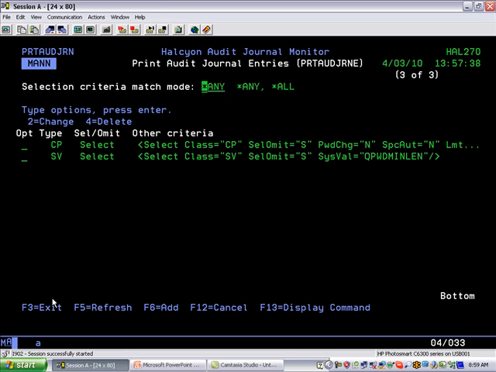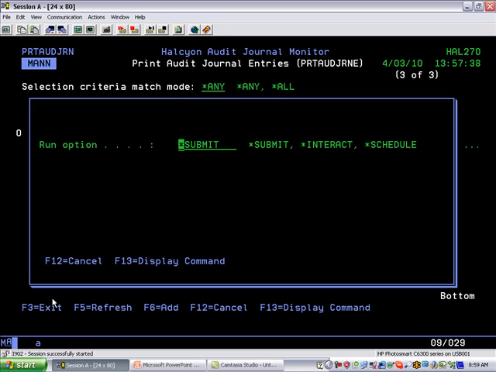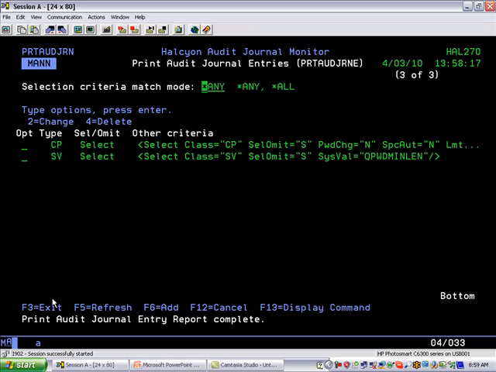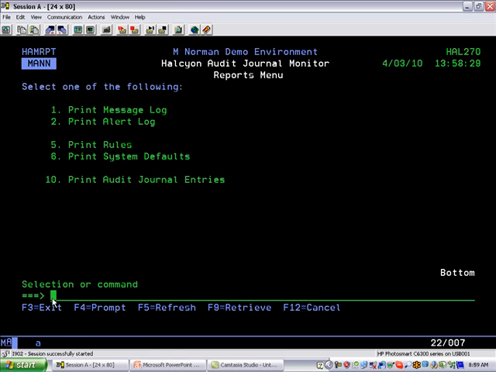Once I'm happy with that, I press enter again, and I'm prompted with a run screen. I can run the report either in batch, interactively, or through a scheduler. For my example here, I'll change the run option to interactive and press enter. The screen shows us that the report is now complete. Returning back to the menu, I can find that report,